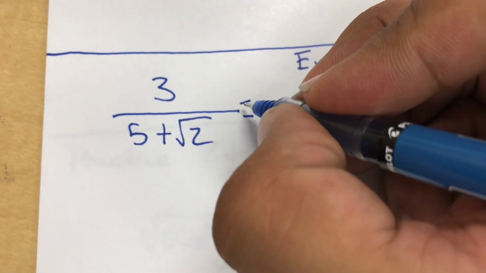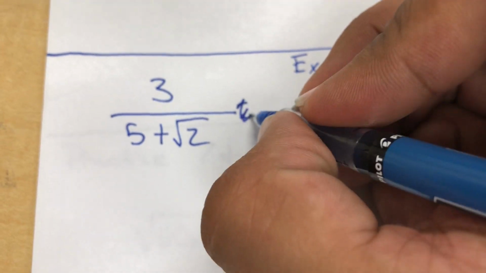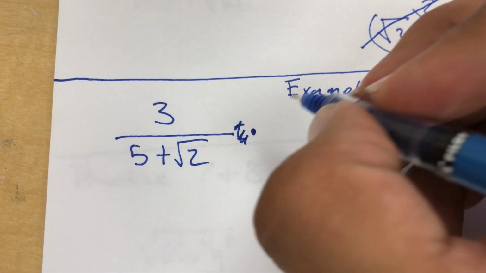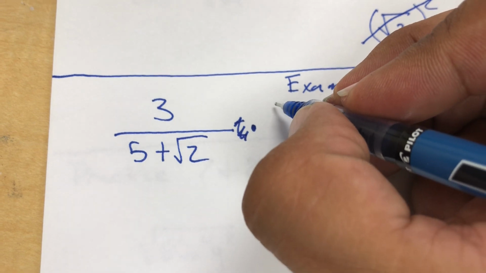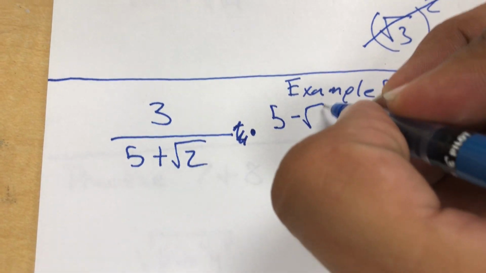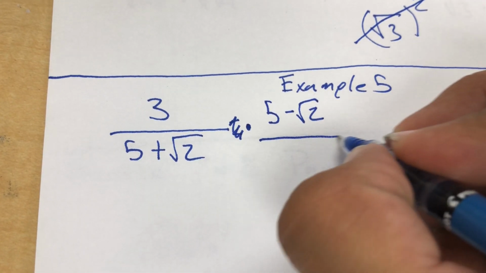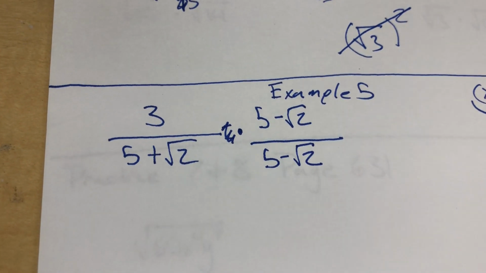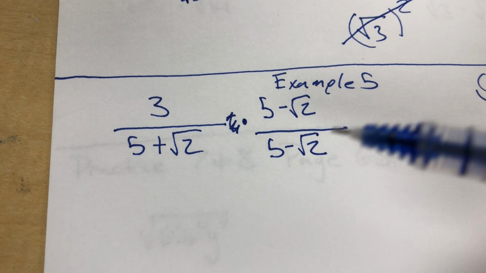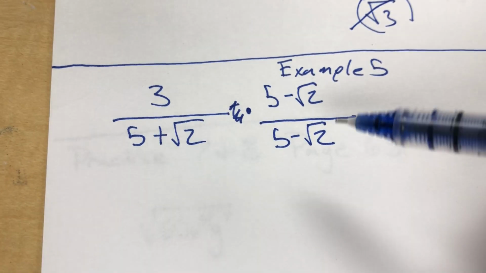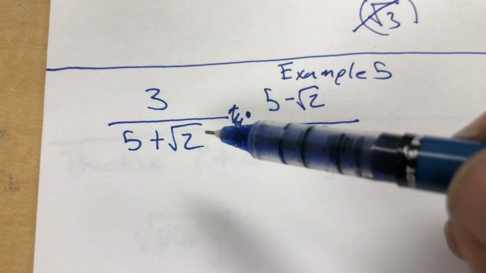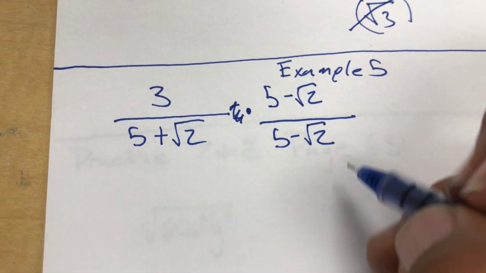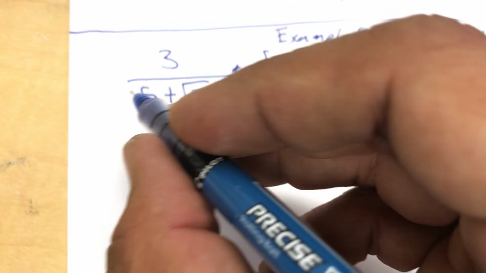We're going to multiply this by its conjugate. So 5 minus the square root of 2 divided by 5 minus the square root of 2 is still 1. This divided by itself makes 1. So you're multiplying this by 1. You're not changing this answer. You're changing the way it looks, which will give us our answer of